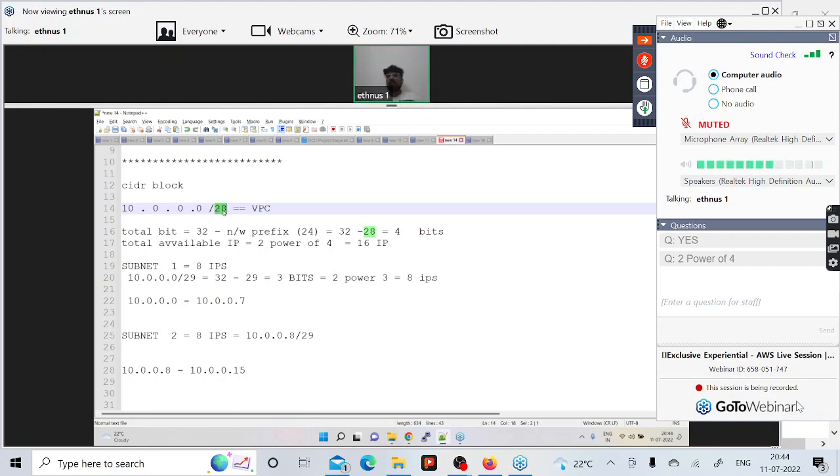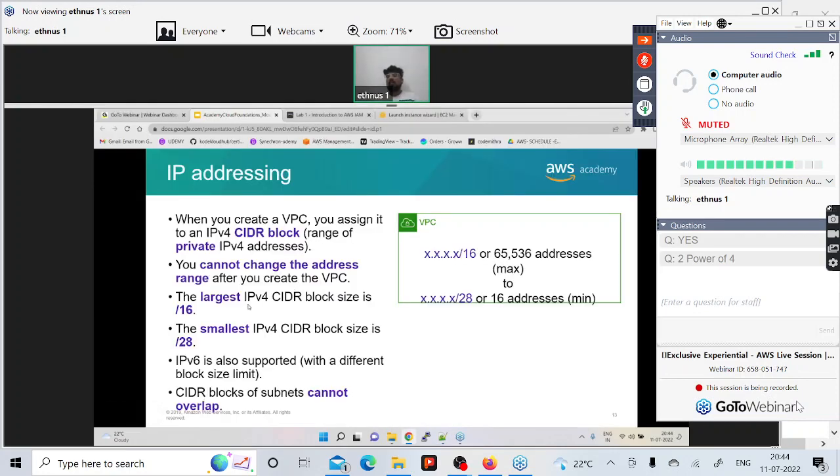So with this network mask, you can define a large or a small VPC. It is telling divided by 16 is the largest. No, divided by 0 is the largest VPC, and it's telling divided by 22 is the smallest VPC. No, if you are dividing by 32, that can be the smallest, because it has only a single